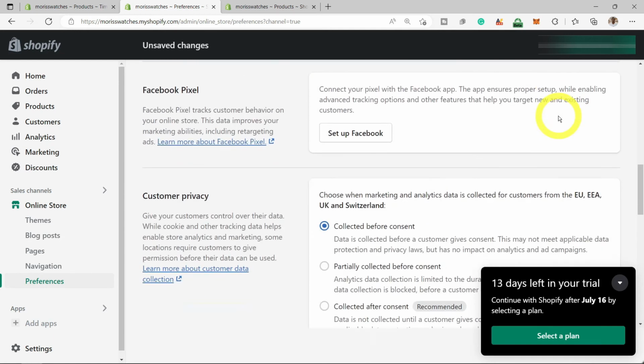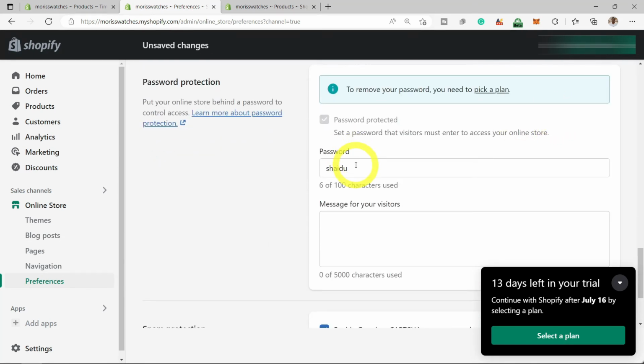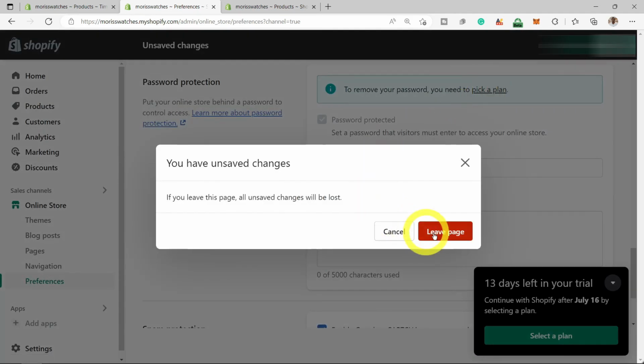Now what we want to do is scroll down to the password section. So currently only me alone can view my website. So if I launch my website, visitors won't be able to access it unless they have the password. So that is not ideal. So what we'd have to do in this case, we have to pick a plan to get rid of that